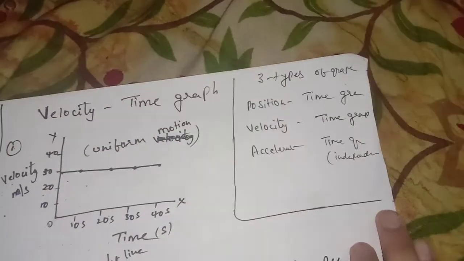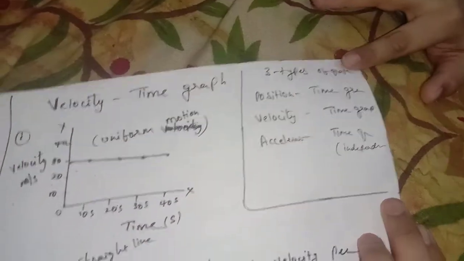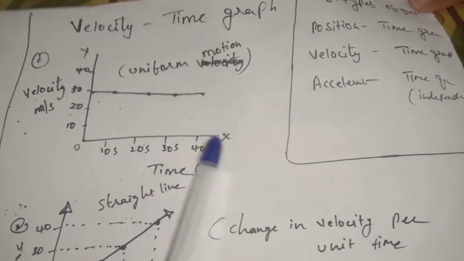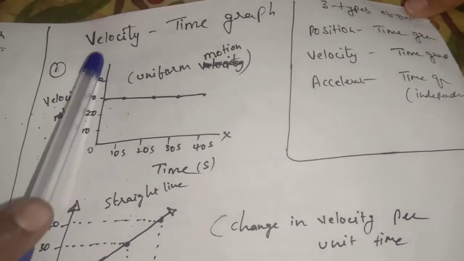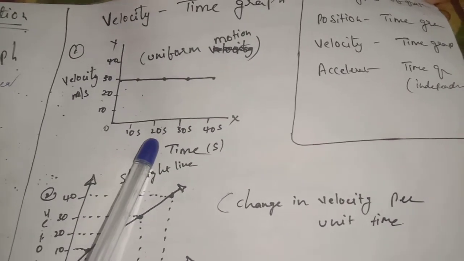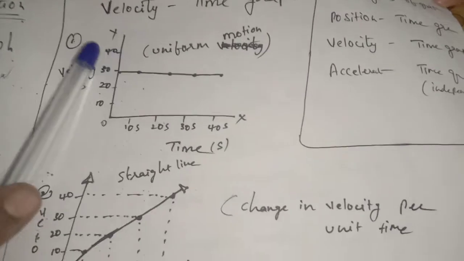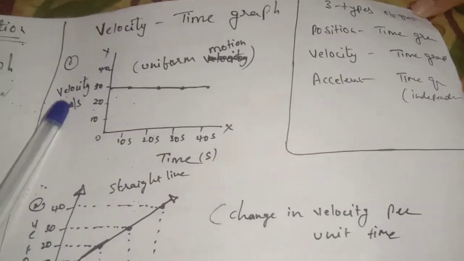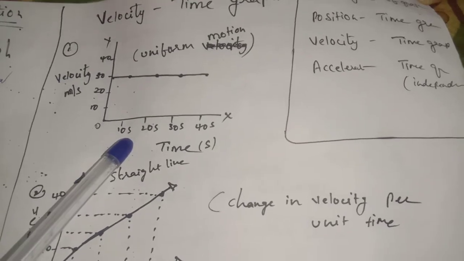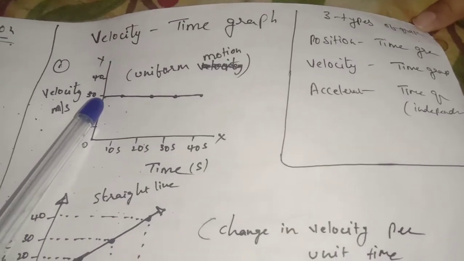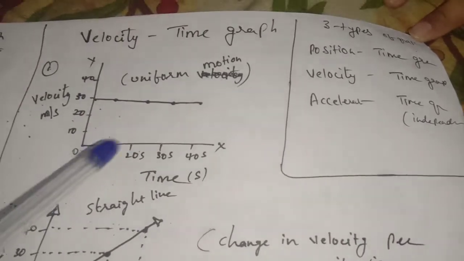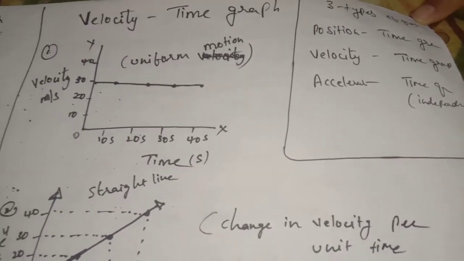Same as how we have done for the distance time graph, same like that. Here we have to represent time, and here we have to represent the velocity. Okay. The same 10 seconds, 20, as usual, the x-axis and y-axis, and we have to write the velocity here. At 10 seconds, how much is it moving? 30 meters per second. Same as we have done for the distance time graph. So that is about the velocity.